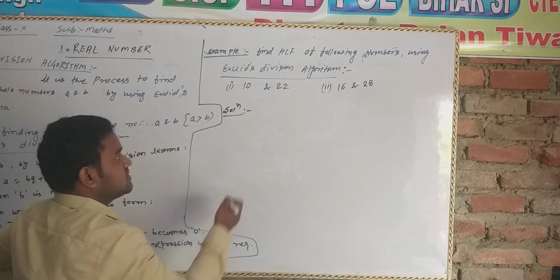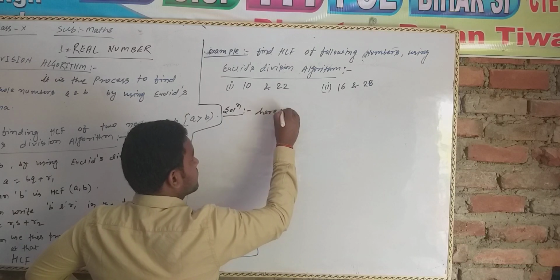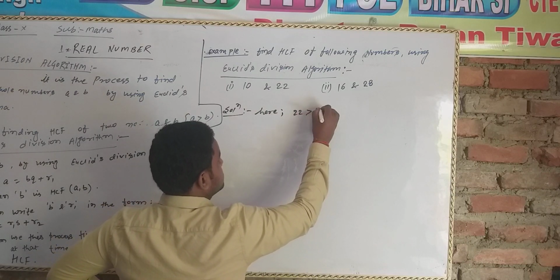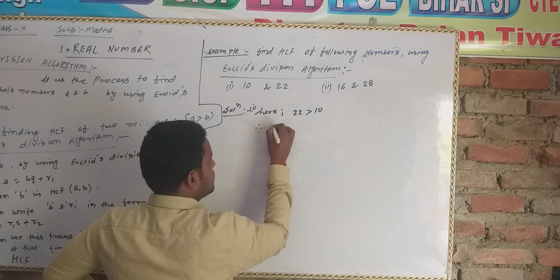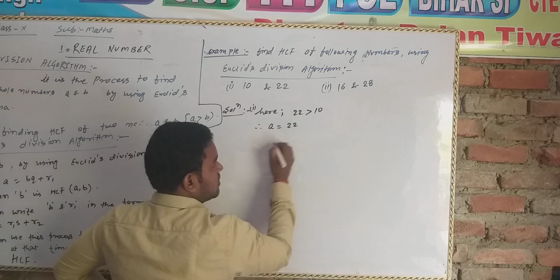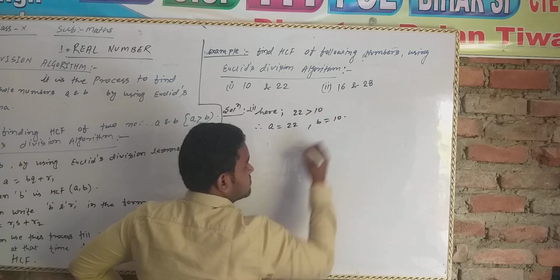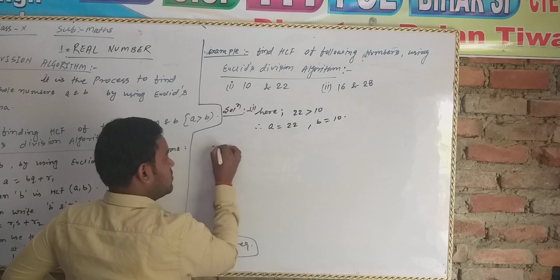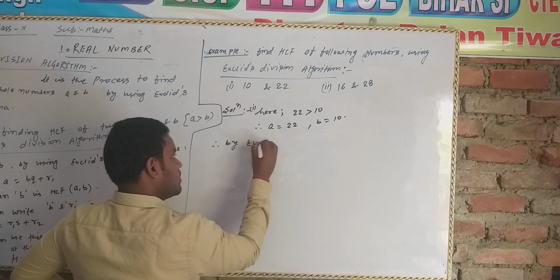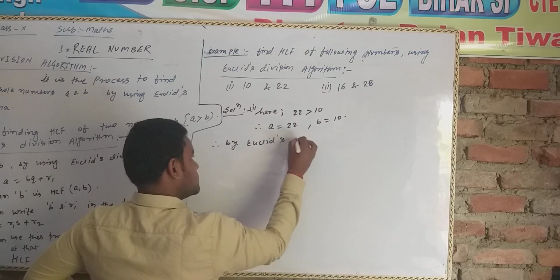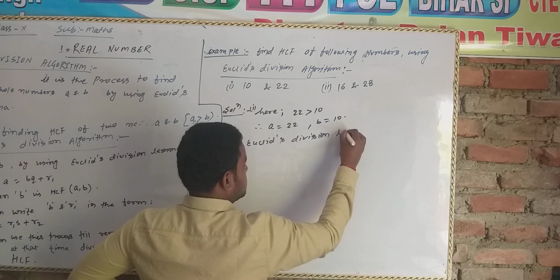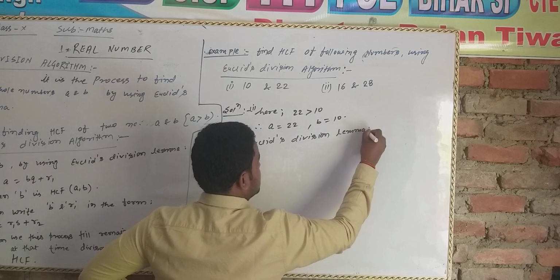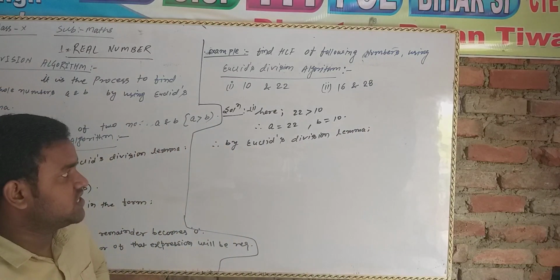Firstly, we have to write here 22 greater than 10. Okay, therefore the greater portion will be A and the smaller portion will be 10. Therefore, by Euclid's division lemma,